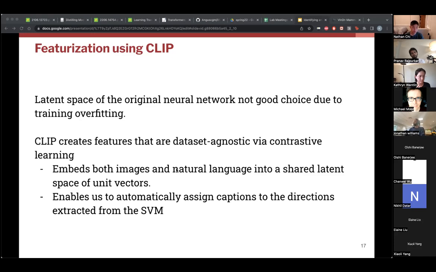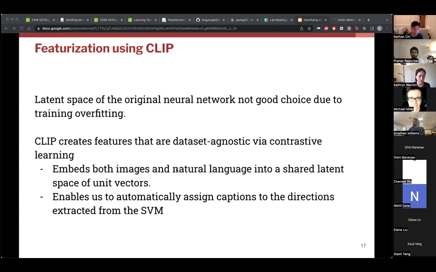classification in conjunction. So they say that basically the latent space of the original neural network might not always be a good choice because it has possibly overfit during training. So some of the correlations that exist there and the features might not be present in the test set. So we want something that is more dataset agnostic. And for this purpose, they use CLIP, which is a recent contrastive learning approach. So it embeds both images and natural language into a shared latent space. And since the language is embedded in the same space as the images, it basically allows us to automatically assign captions